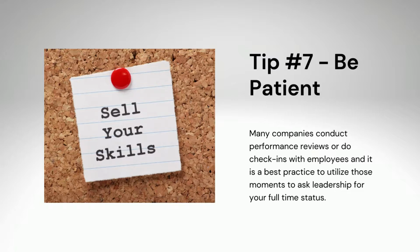Many full time offers are made based on production and the company's needs, and those both change daily and a number of times throughout the day. So try to avoid asking leadership whether or not you'll be hired on full time right out the gate. That's probably not a good look, that your first impression is, well, when can I get hired on? That's probably not the best look. So I would encourage you